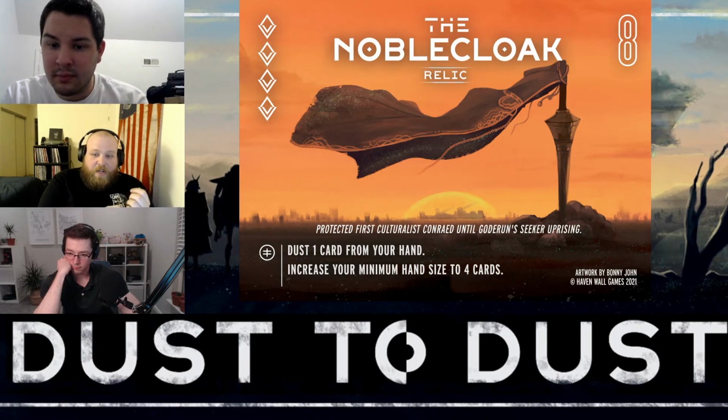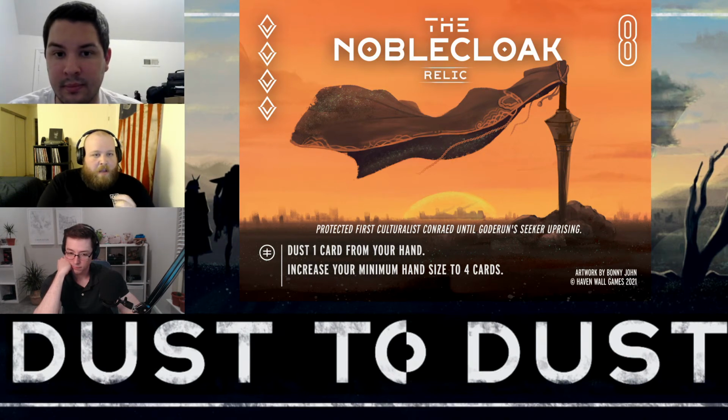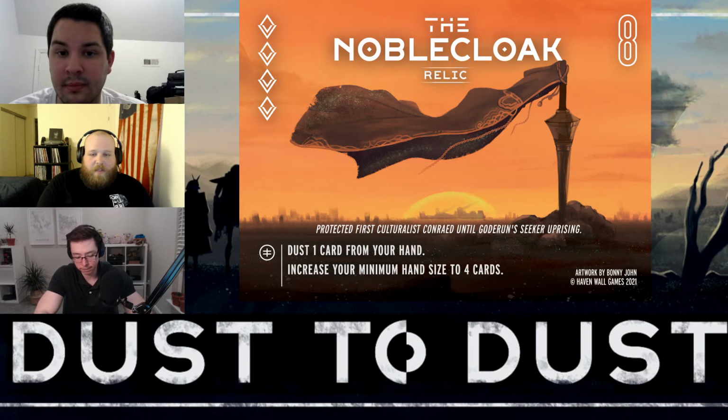So the NOBLECLOAK: increase your minimum hand size to 4 cards. Not as much of a standout as something like the Founder's Ring that lets you increase your starting hand size. This is definitely a more defensive relic. If you're playing maybe a colony heavy match and your hand's just getting eaten alive by Dome City militias and poison hand shoguns, the NOBLECLOAK will help mitigate that by letting you draw back up to 4 instead of 3. But other than that, it's a decent pickup. Not something you should really prioritize when it's on the table, unless you're just getting hammered from all